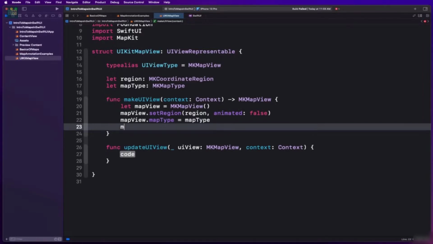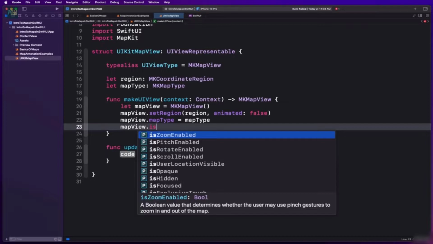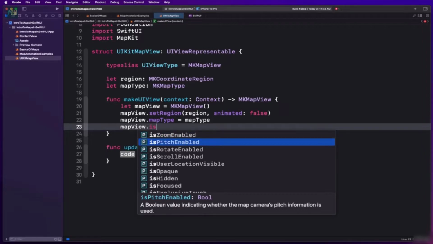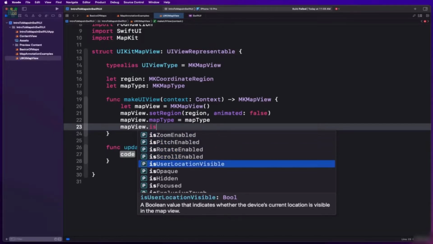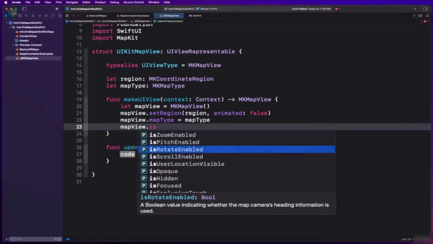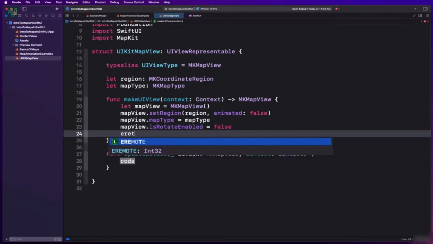All right, now the map view also has rotation. So as you can see, there are a few more things. For example, zoom is enabled, pinch is enabled, rotation is enabled, scroll is enabled, user location is visible, and all these different properties that actually come with the UIKit version of the map view. The one that we are interested in is rotate enabled, and we're going to set this to false, and then we're going to return